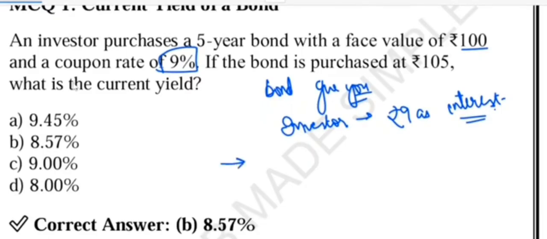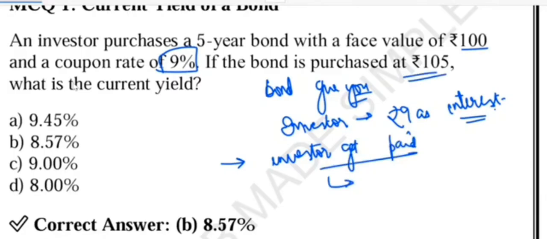Second thing is how much the investor gets paid. This is the thing you have to look at. You know the bond was bought at rupees 105. It was not purchased at rupees 100, right? The bond was bought